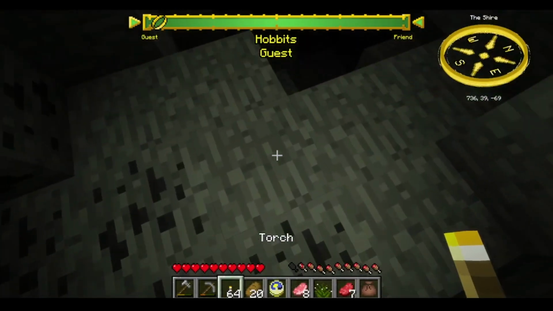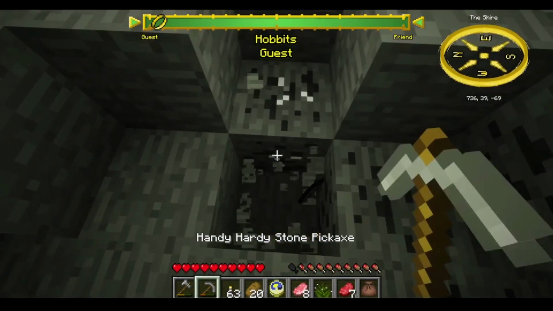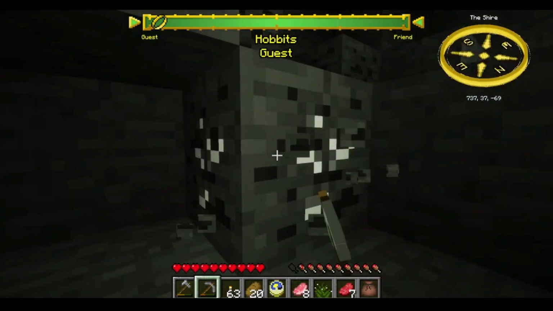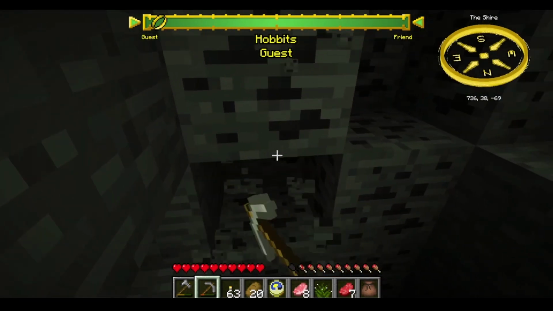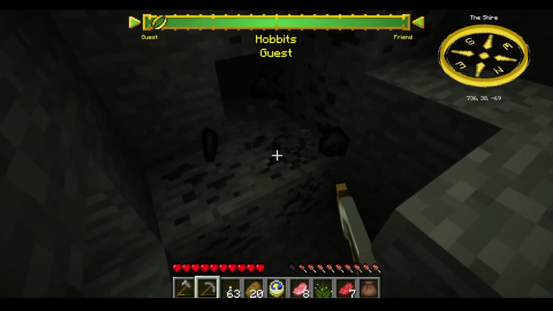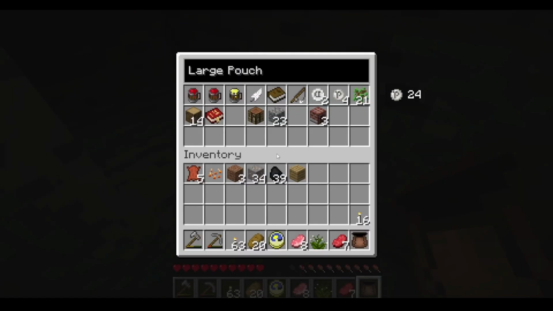Make a load of torches. Gonna mine a little bit more coal just to help out. I will be making an iron pike, which allows me to attack enemies from a distance, but it doesn't allow you just to keep on swinging, if that makes sense. It has, I think, a double cooldown